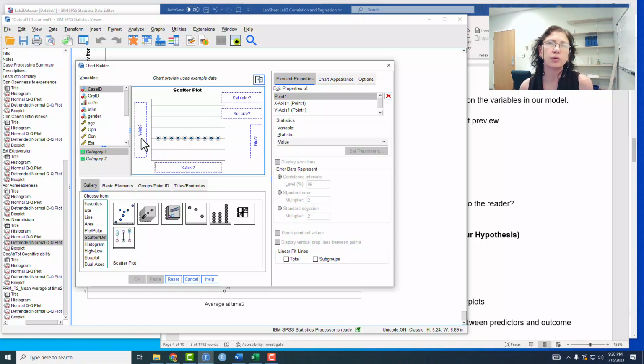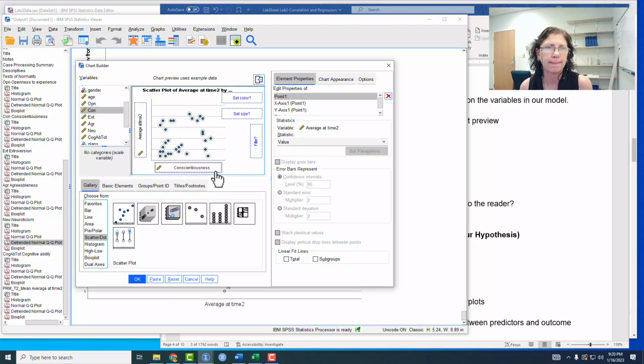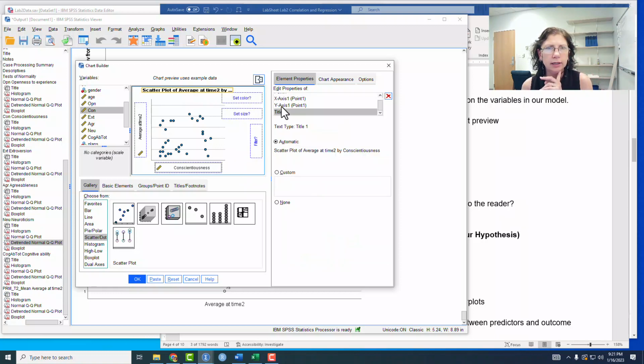On the y-axis is where you want your dependent variable, and that's going to be perceptions of research methods at time 2. And then on your x-axis is where you want your predictor. And the first predictor we're going to check out is conscientiousness. And remember, this is where we can do some edits to the figure while we're making it. So I can click on the title and come over here and give it a custom title like scatter plot between